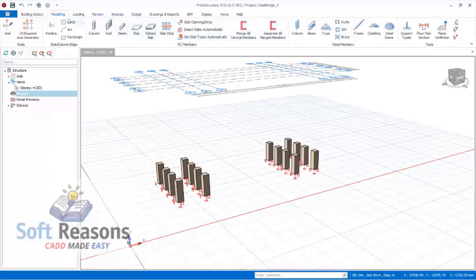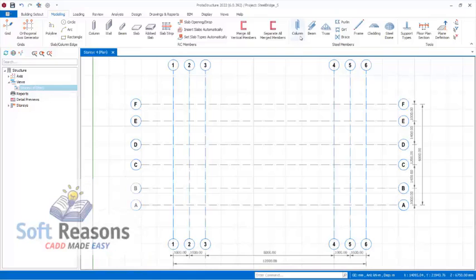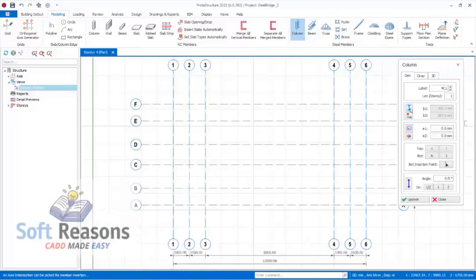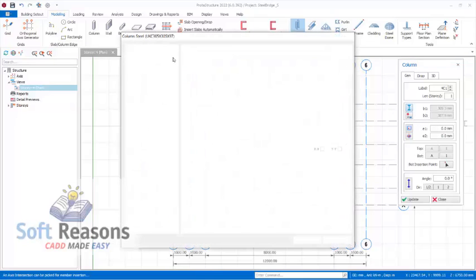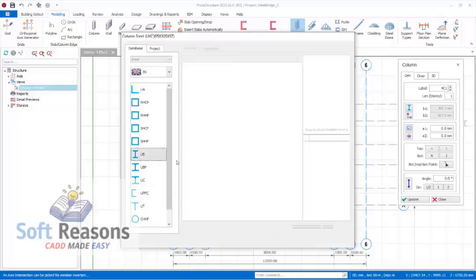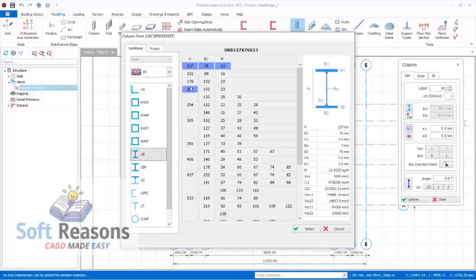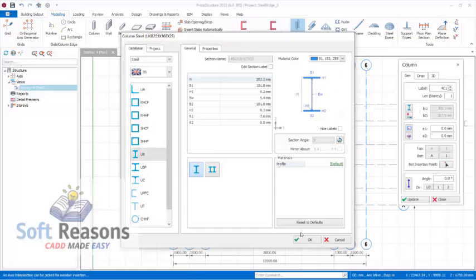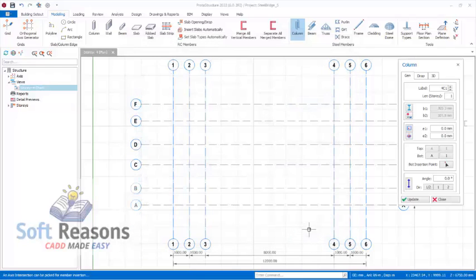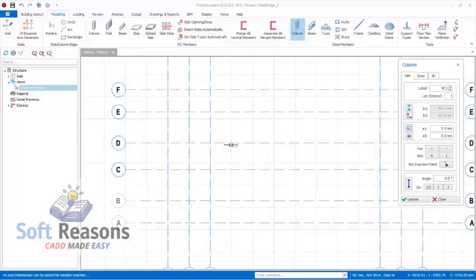Okay, so we will get to the modeling tab. You get to the column, but by then you have to navigate to the plan view right there. You pick the column, come to the sections manager. We will be selecting the small sections. We are going to use UB in this case, and we use this one, 203 by 102 by 23 millimeter. Get that selected, and then we will have it rotated 90 degrees, and then we are to have it here